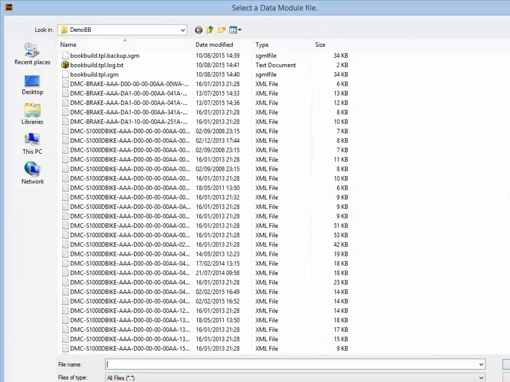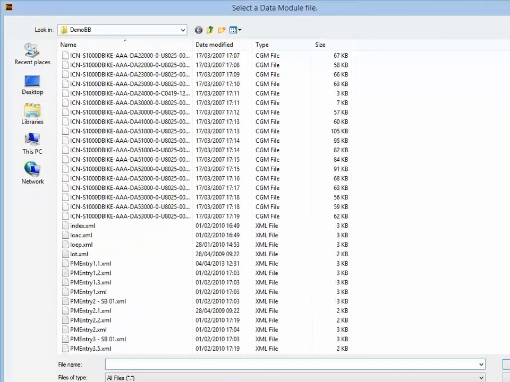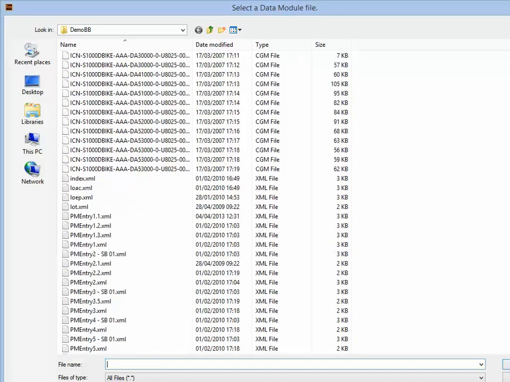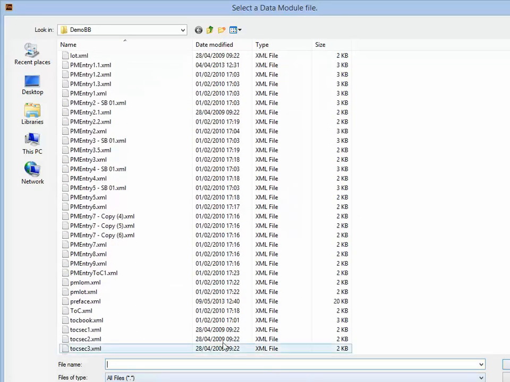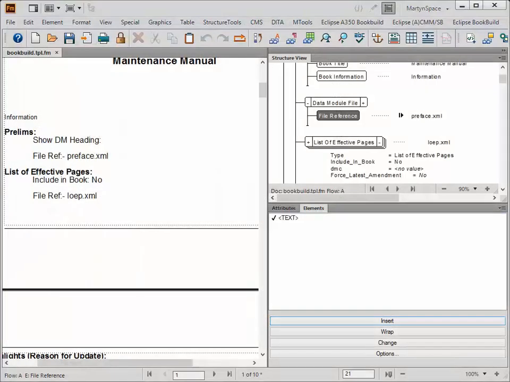So I have a file called preface, so we will use that. Preface, there we are. Select it, and it's in there. So that's just showing you how we can insert one or two of the various areas, the files that we can actually have,